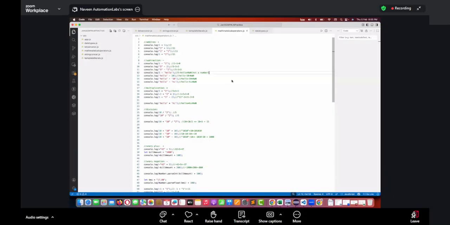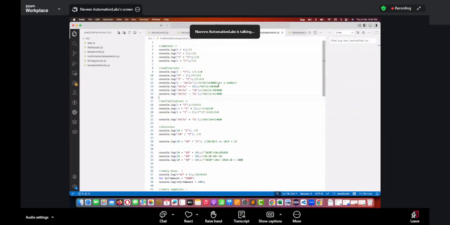Recording in progress. Okay, so in the last session, we were talking about different mathematical operators like plus, minus, multiplication, and division and all those things. We have seen how exactly we can